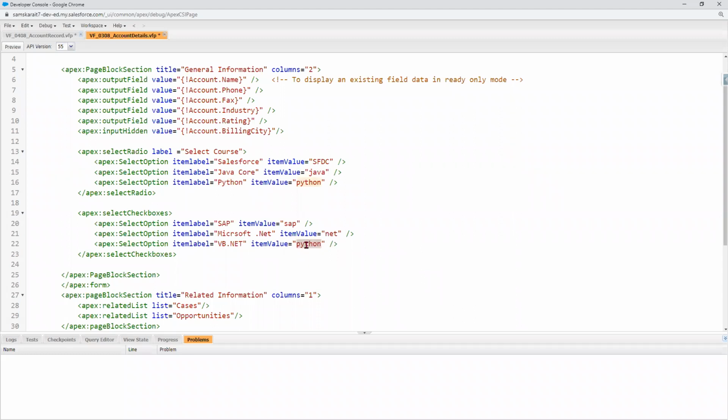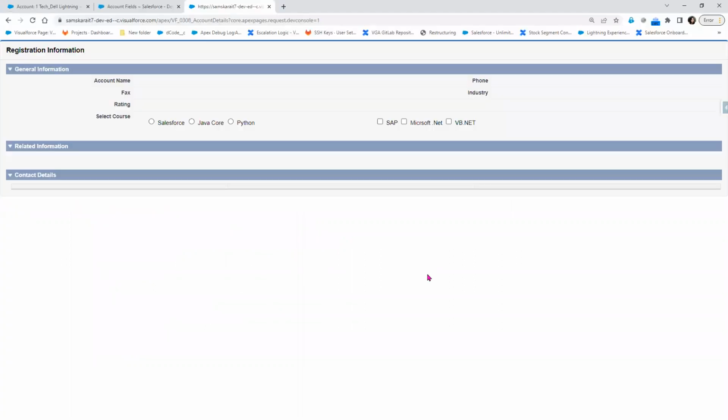Right, a value is, I'll just give VB. Okay. Now as soon as I save, the page will be displayed in checkboxes. This is a radio button, this is checkboxes. But both work the same. The view is different. Both have a key value. Salesforce is the key. If I select the key as Salesforce, then the value will be